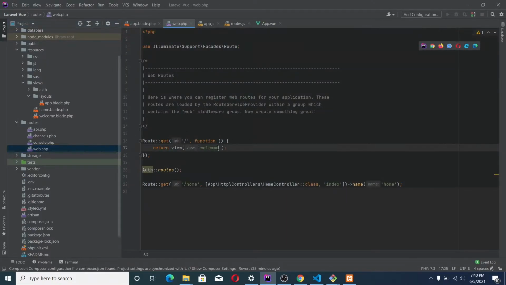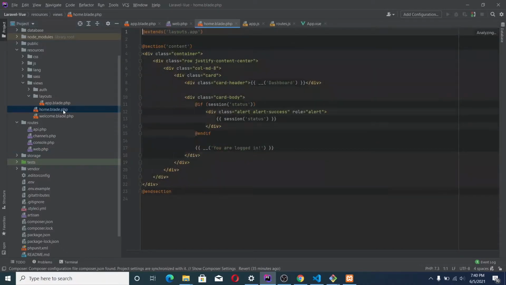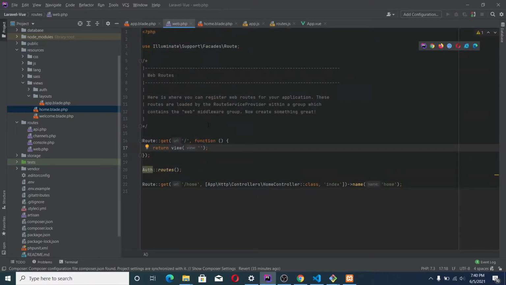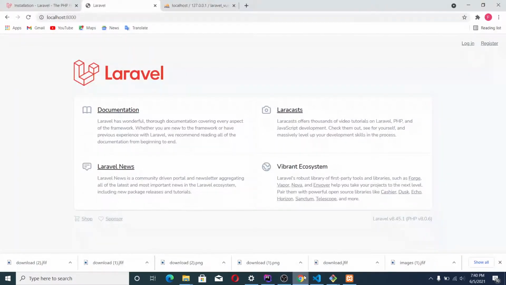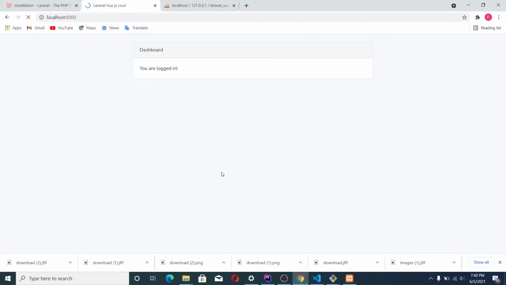Alright, so what I want to do is return home, this file here, because this is going to be our app. Okay, this is basically going to be our app. So instead of welcome, let's return home. Right, so go to the browser, refresh.